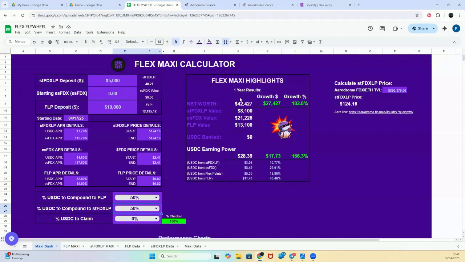Okay, so this is going to show you what your net worth is at the end of 1 year based on these APRs and these pricing details here. So you started here with a deposit of $15,000, $10,000 in FLP, $5,000 in stFDXLP, and at the end of a year, that $15,000 is now worth $42,427. So that's a growth of 27,000 or 182.8%. And the way that that's broken up is your stFDX is worth 8,000, FLP is worth 13,100, and you've accumulated